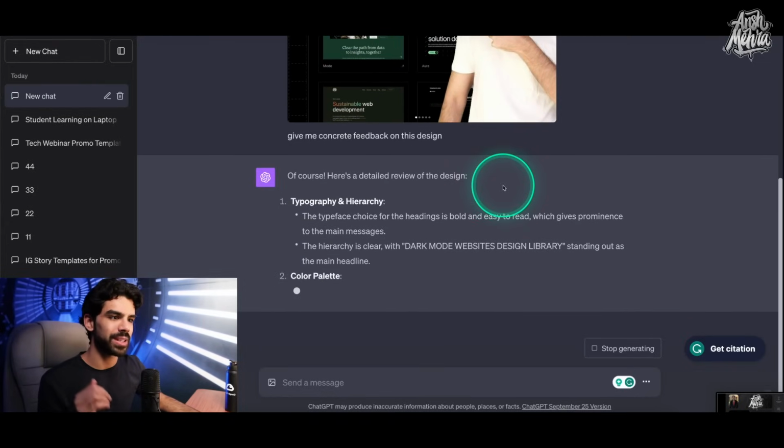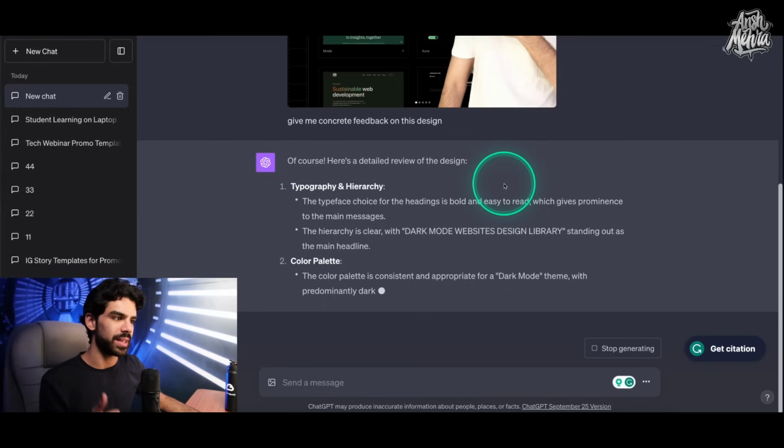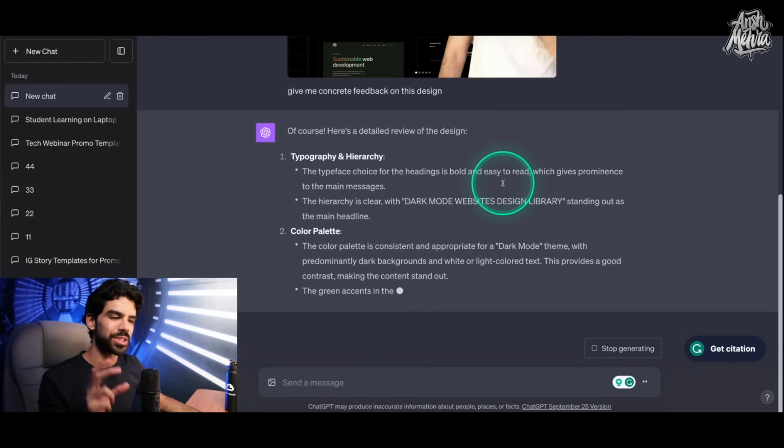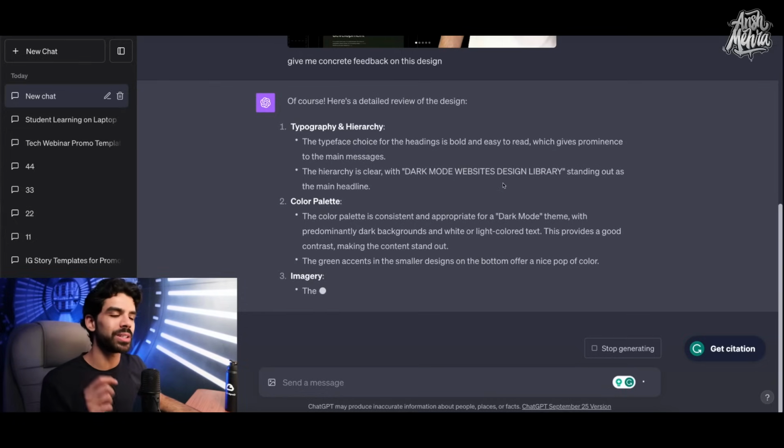So first it starts with typography. Typography is bold and easy to read, which gives prominence to the main messages. Hierarchy is clear. Color palette is consistent and appropriate for a dark mode theme. So it's still giving a positive review till now. And in most cases, you have to be more explicit in the prompt. So you can also say that give me concrete feedback on this design and only tell me what I need